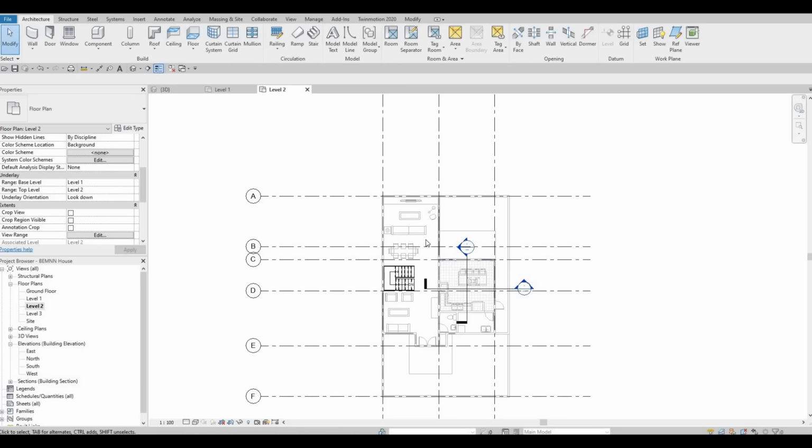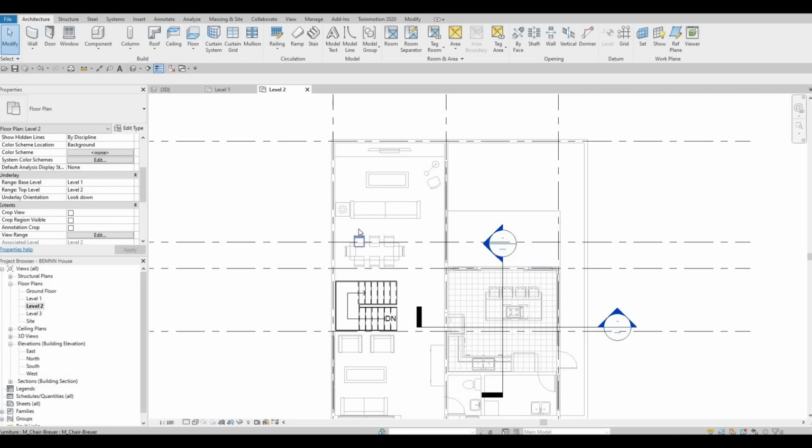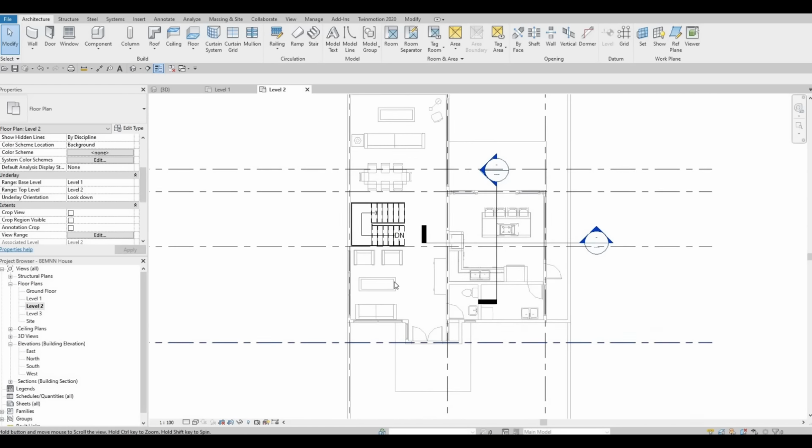The good thing about underlay is you'll be able to select the furniture and then you can type in CS and basically you can add it immediately like that. So for now I want my underlay to be on level 1. It will make our life faster, especially by adding this stuff. So now